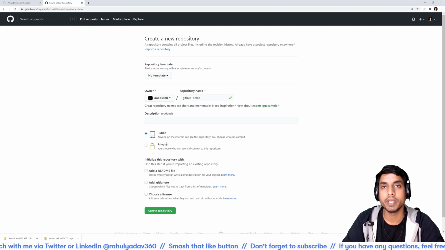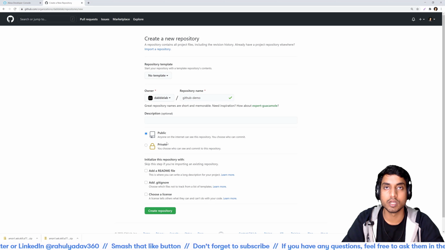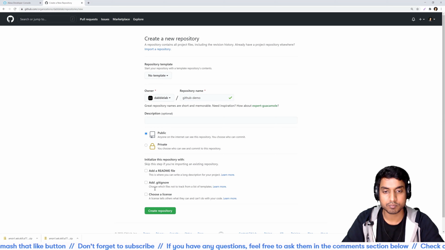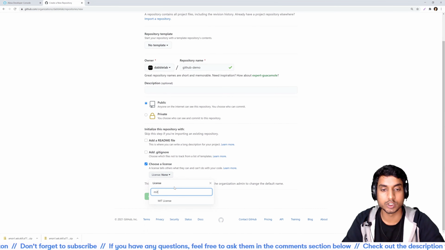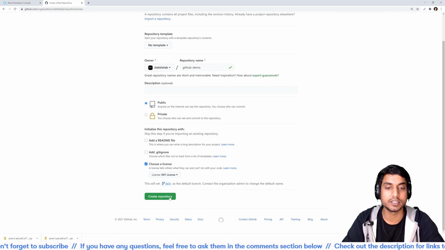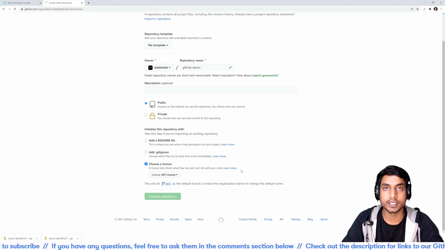We don't want to make this a private repository because we won't be able to import our skill from a private repo. So while making a new repository, make sure that its status is set to public. I'll choose the license from here because that's what I always do. So I'll select the MIT license and just create the repository.